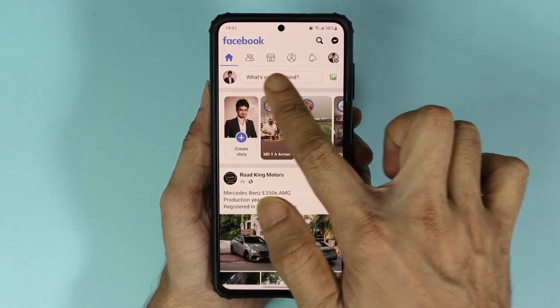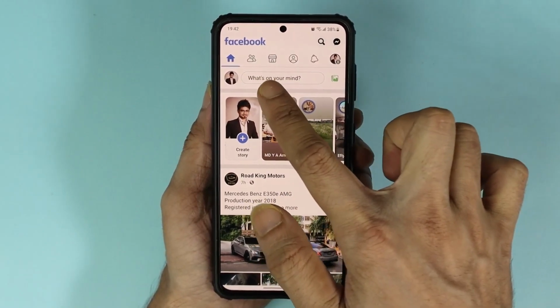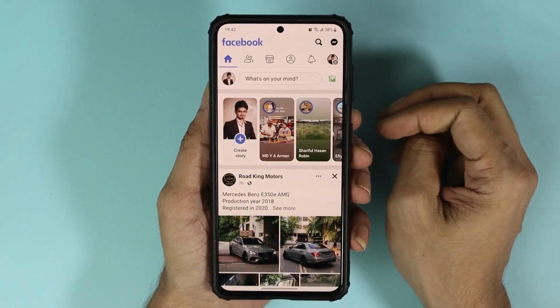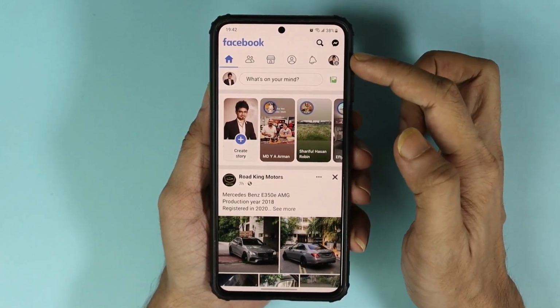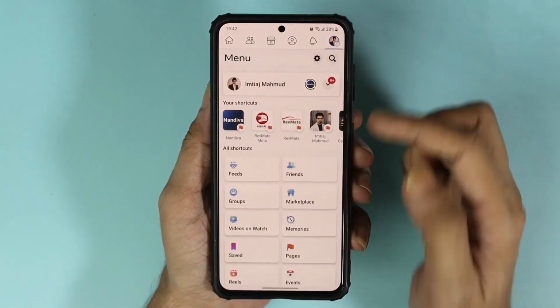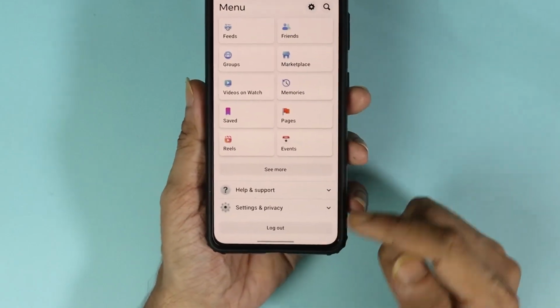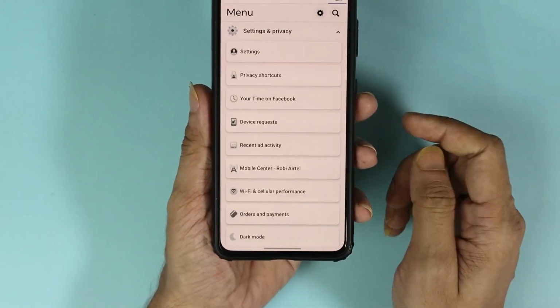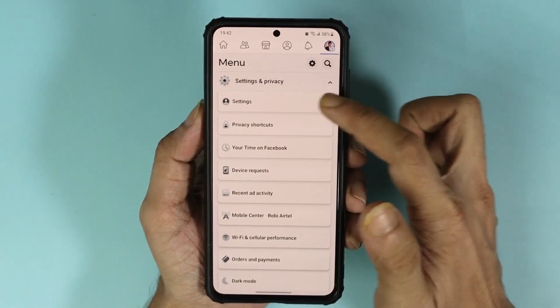In today's video I'm going to show you how to fix if the watch video tab is missing from your Facebook application. Now to fix it, all you have to do is tap on your profile icon from the top right and then scroll down and then tap on settings and privacy. Now from here tap on settings